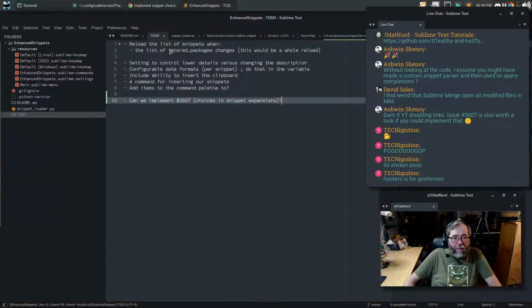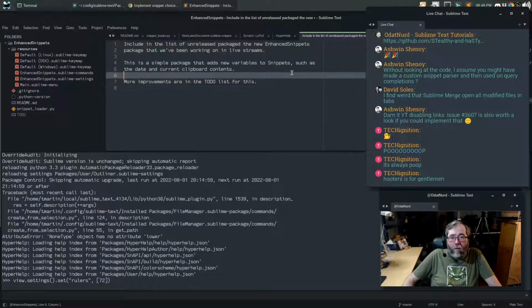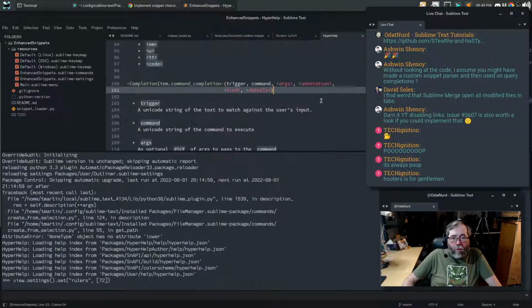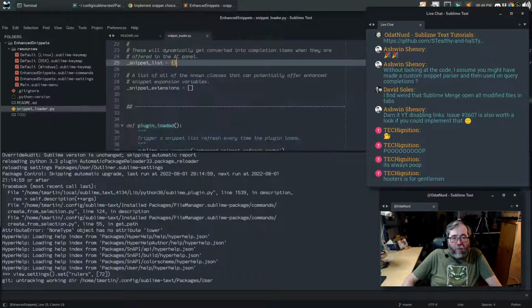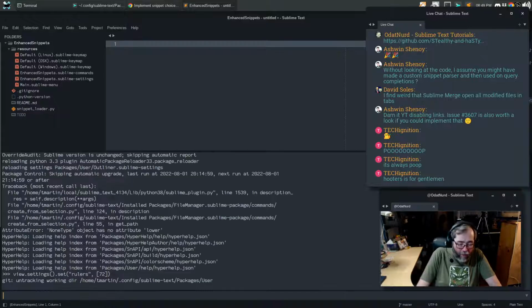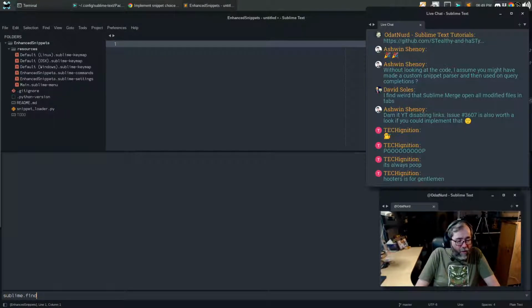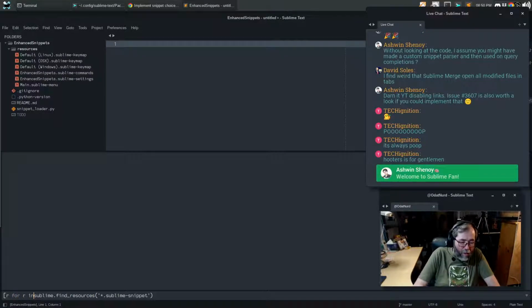I'm game to try anything. All right, here's something that I want to test out, and we'll see what we have here. We don't care about that, that's the help, and we don't care about that. Technically, I don't know that we necessarily care about that at the moment, but there's something I want to test here because maybe we can add a little bit of extra awesomeness into this thing. If I did sublime.find_resources star.sublime-snippet, and we did R for R, whoops, in,